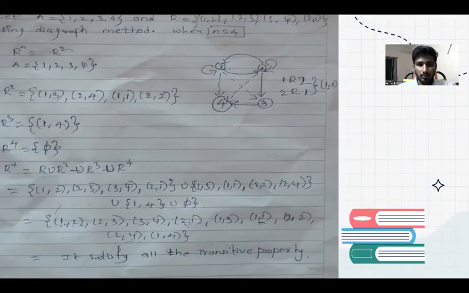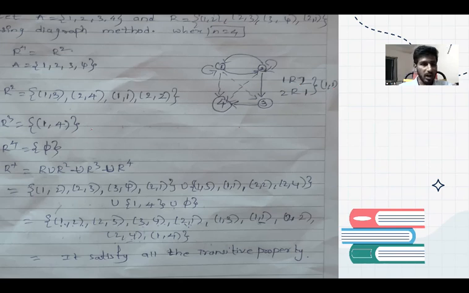Here (1, 2) we can represent with an arrow, and (2, 3) we can represent with an arrow, and (3, 4) with an arrow. And it has again a relationship (1, 1), which is a loop, not an arrow. (1, 1) is represented like this, and (2, 4) like this, (1, 4) like this, and (1, 3). So 1 R 2 and 2 R 1 becomes (1, 1).